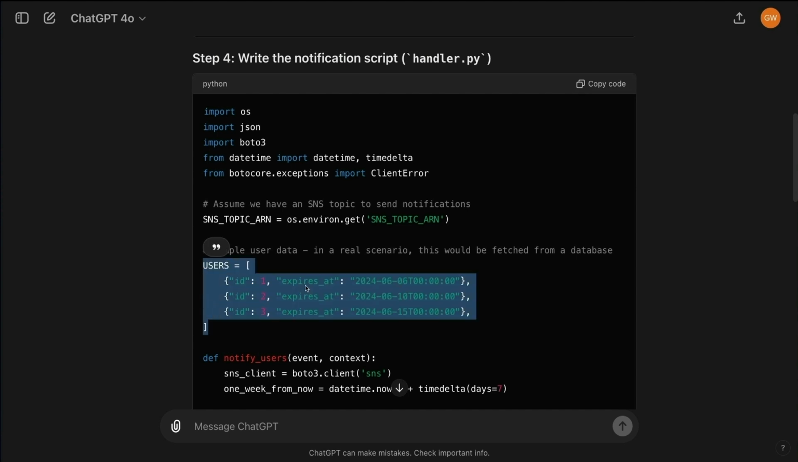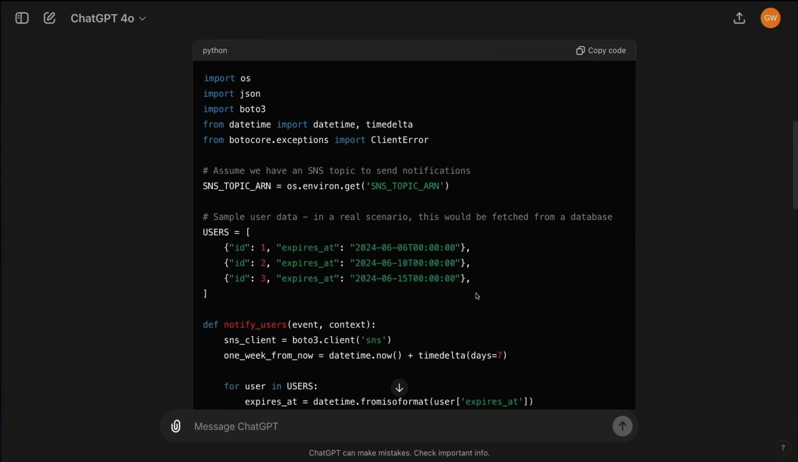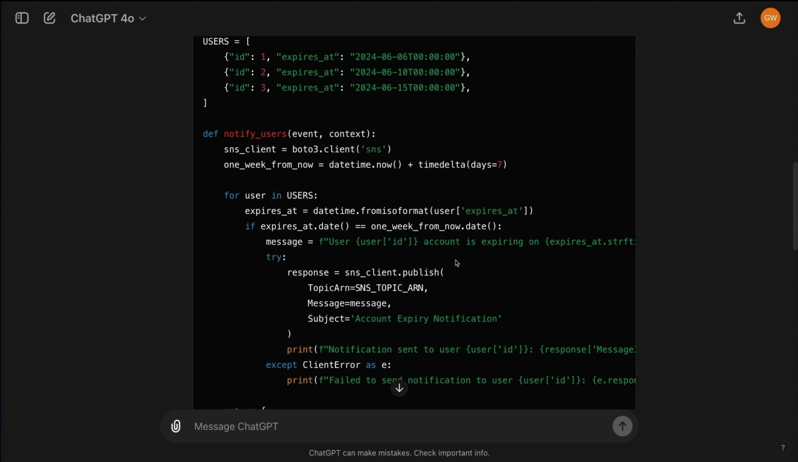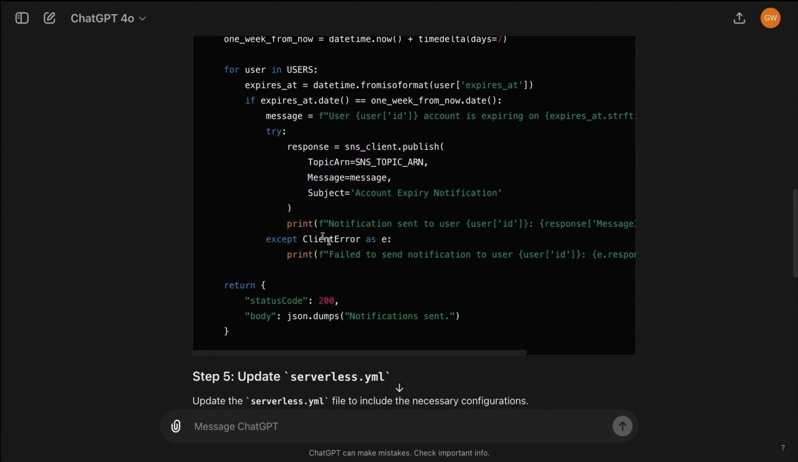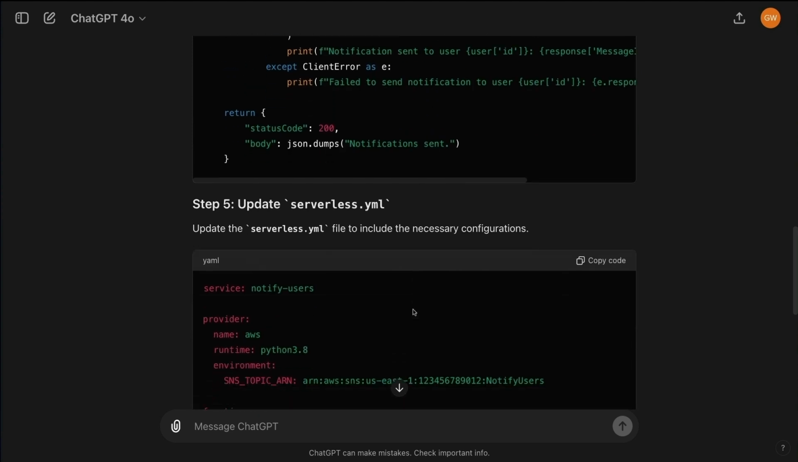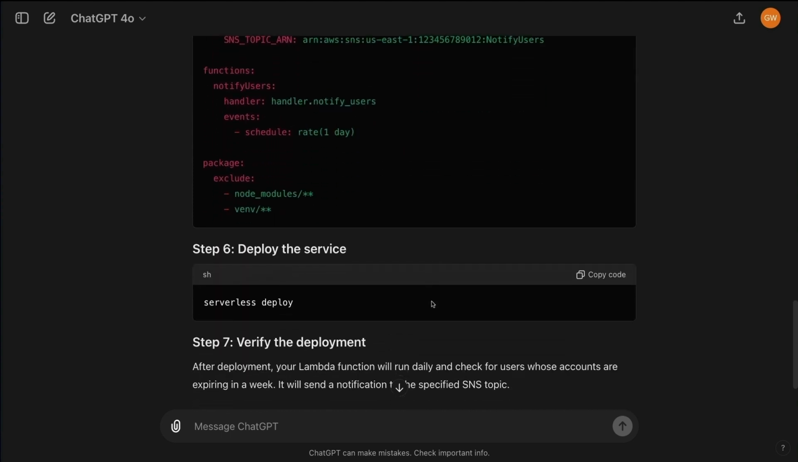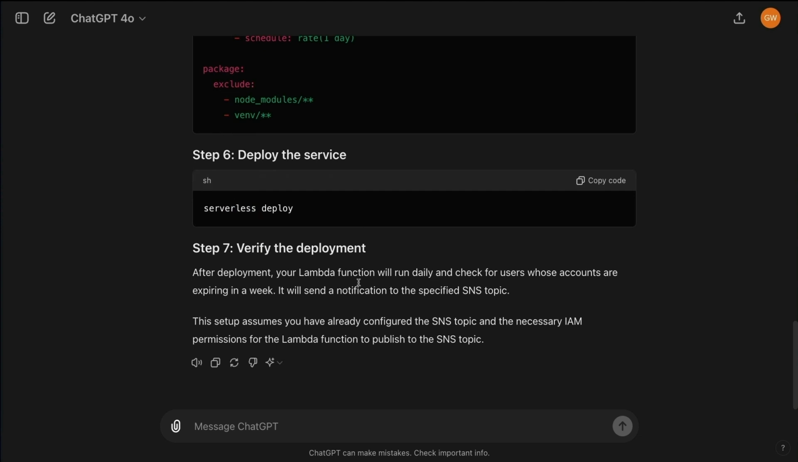It creates some sample users since I didn't tell it about my database. It just assumed I'm using simple notification service from AWS for sending out notifications. And then it tries the notification, it prints out some logging and debugging information, and then returns. And then it also lets me know how to write the config file for serverless to manage the handler that it just wrote. And then of course how to deploy. Now I could ask it to update that. So I can say that's good. Now can you update that